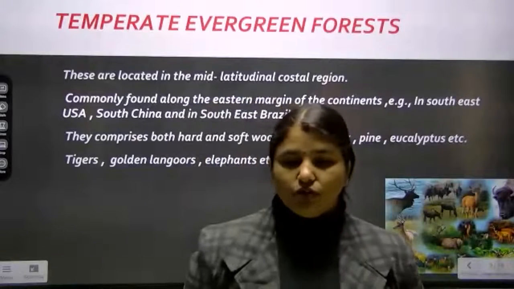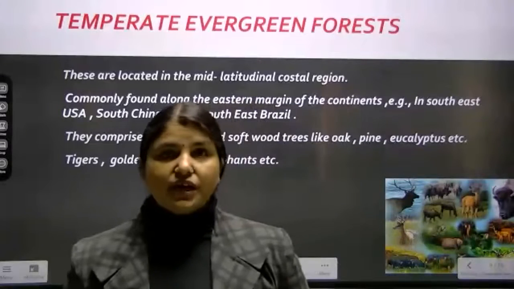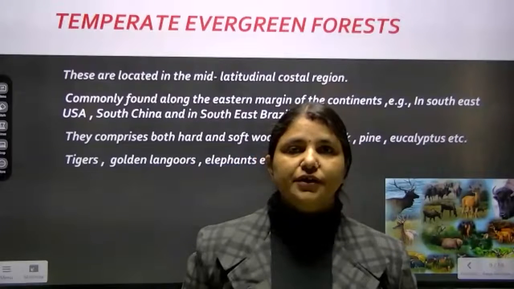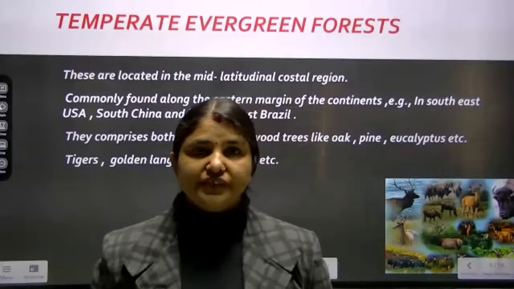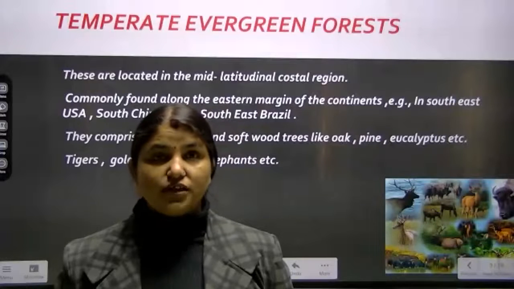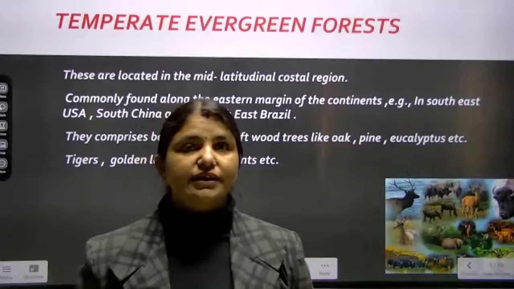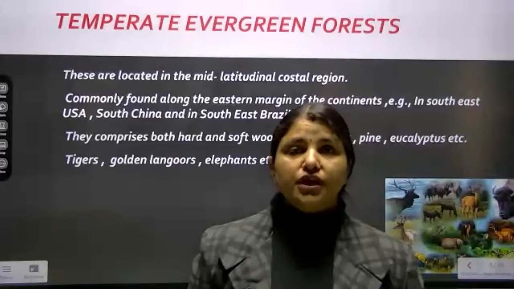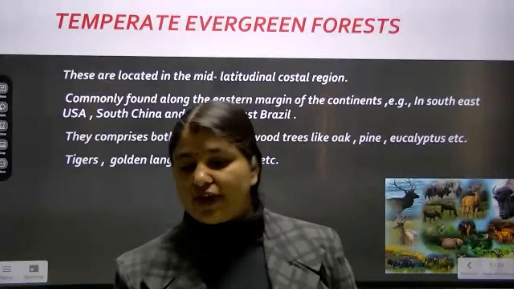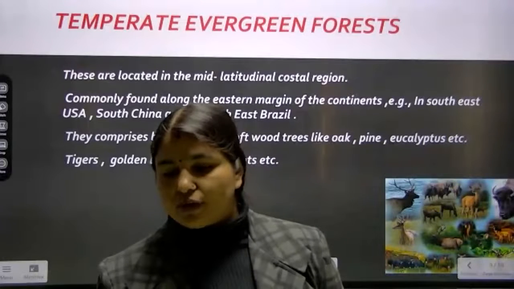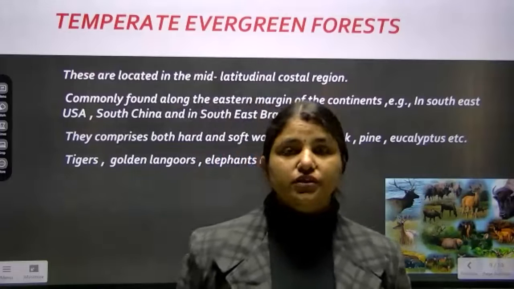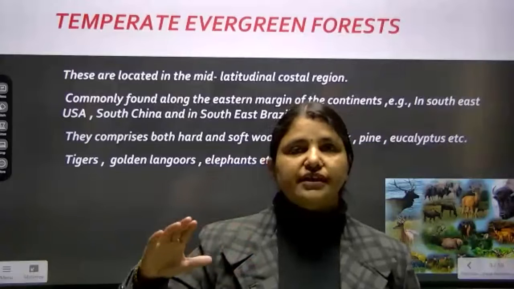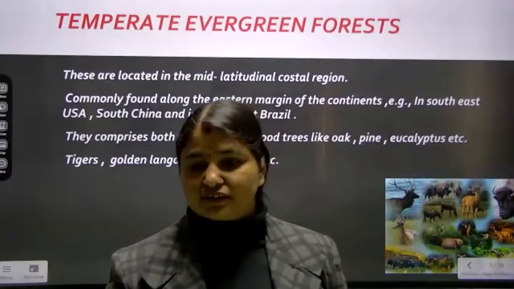Now students, in the previous class we saw the tropical evergreen forest and tropical deciduous forest. We saw tropical evergreen forests are those forests which are located near the equator, and they look green almost throughout the year. And why do they look green all year? Because of the heavy rainfall which occurs there, and besides that, the forests are so thick that even sunlight can't touch the ground.